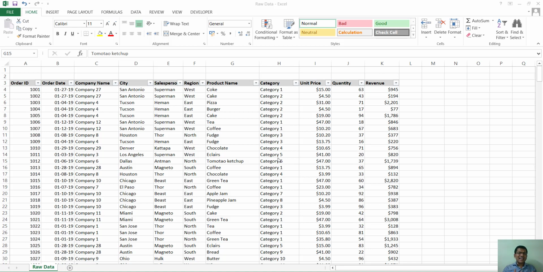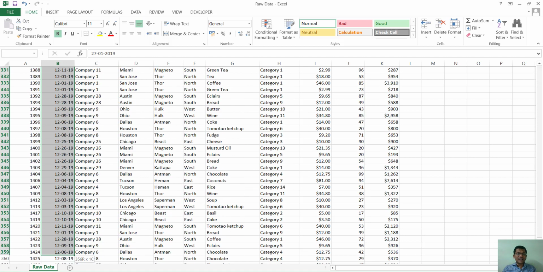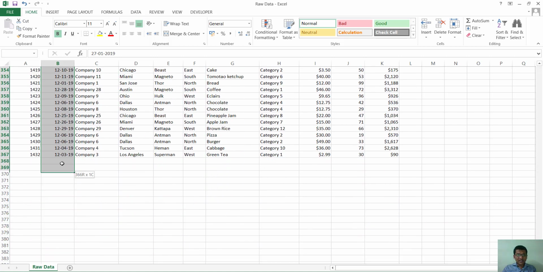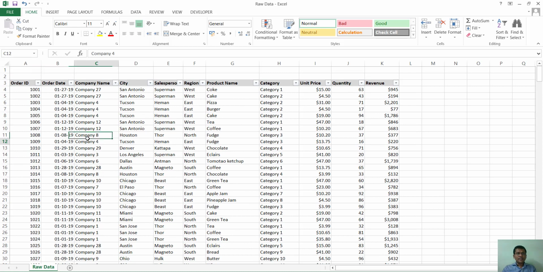We as MIS analysts often have to create a lot of dashboards, and for this we in the finance profession or otherwise have humongous data, right? So for example, this particular data runs into 364 rows, and even if it runs into 20,000, I'm least bothered because the Excel functionalities are so powerful.